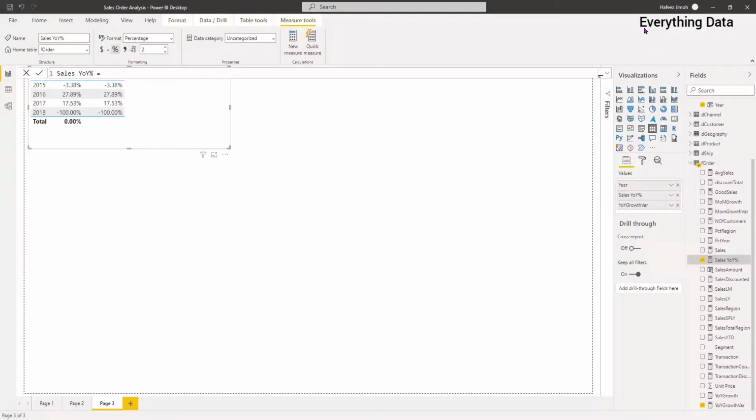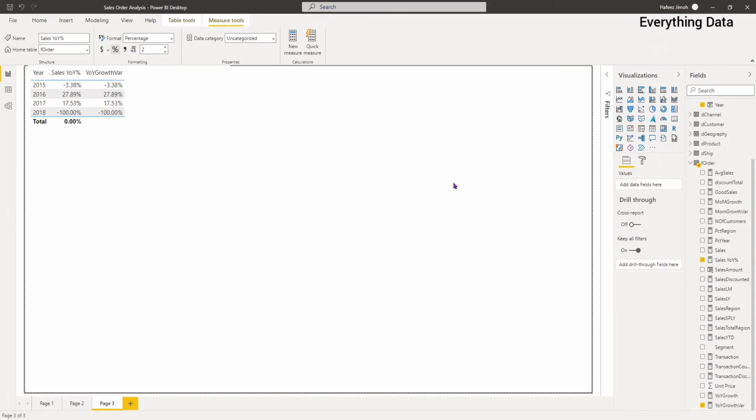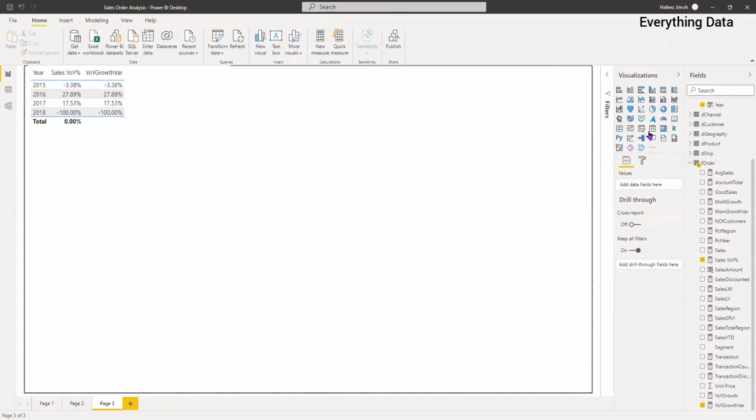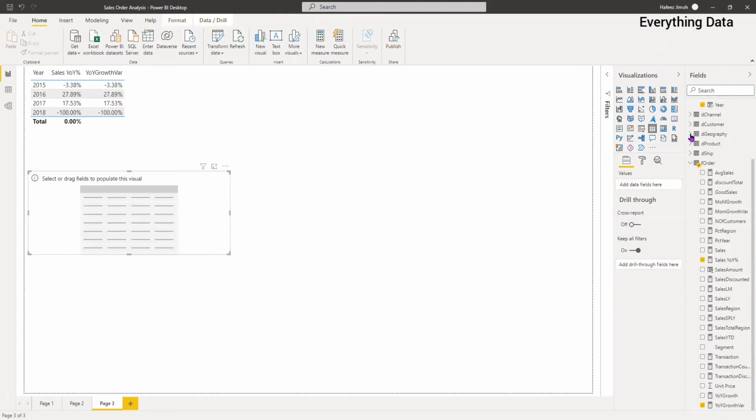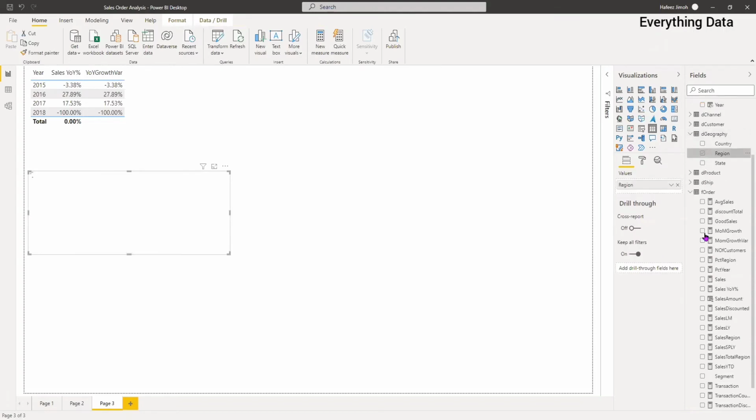So now I've created my new measure, which is sales YOY. Another measure we want to create is a grand total that is going to ignore the existing filter. In one of my videos, I showed us how to do that. What I'm saying is this: I create a new table and I'm going to come over here to the geography. I'm going to put my region inside it. And I'm going to put sales